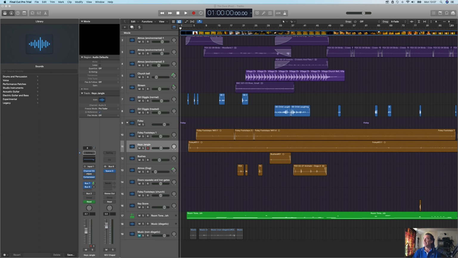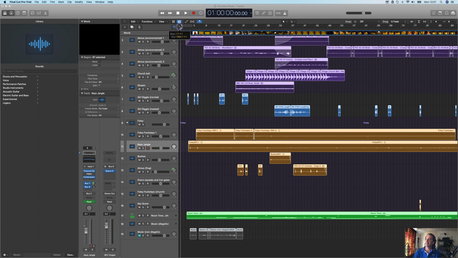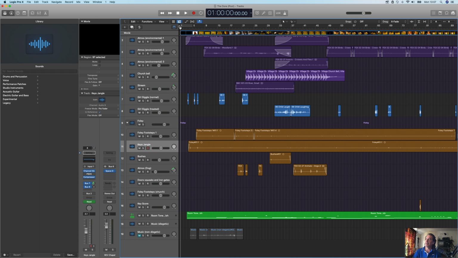So we need to define the in and out parameters. Now the in point, can you see this little grey triangle, it's supposed to start at 1 1 1 1. If you press it, it should say that. And it now doesn't, but there we are. Start 1 1 1 1, end 116 4. So we want to make sure the end point is not much longer